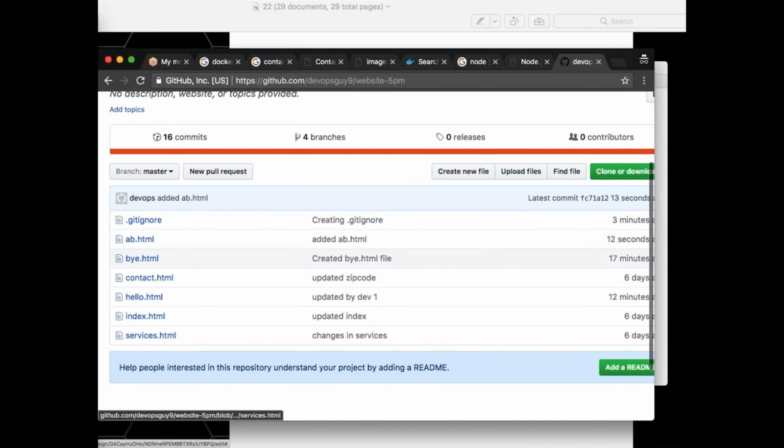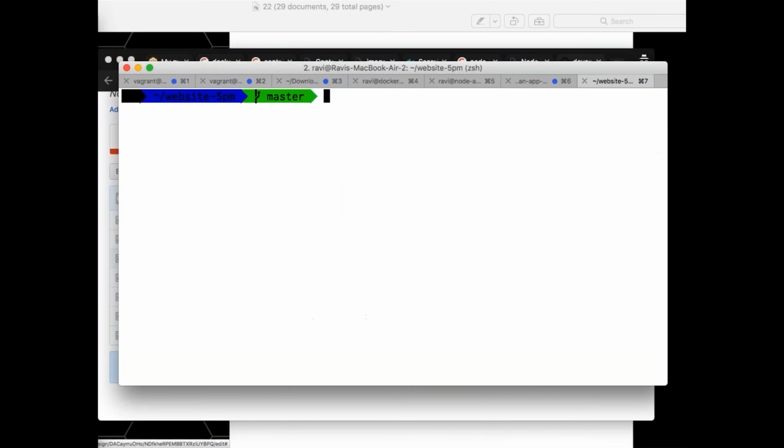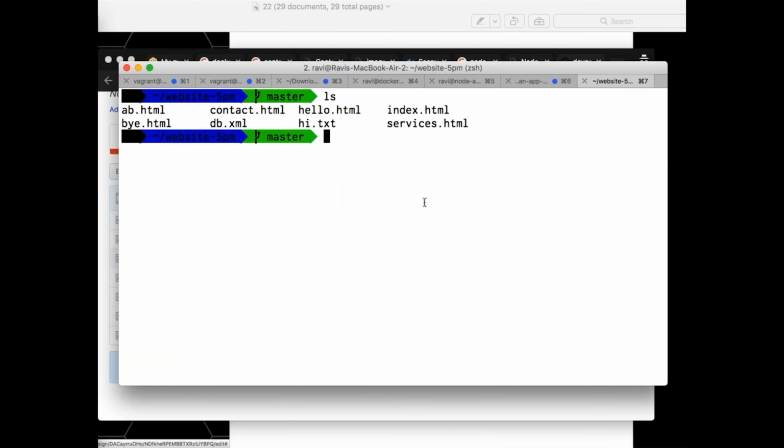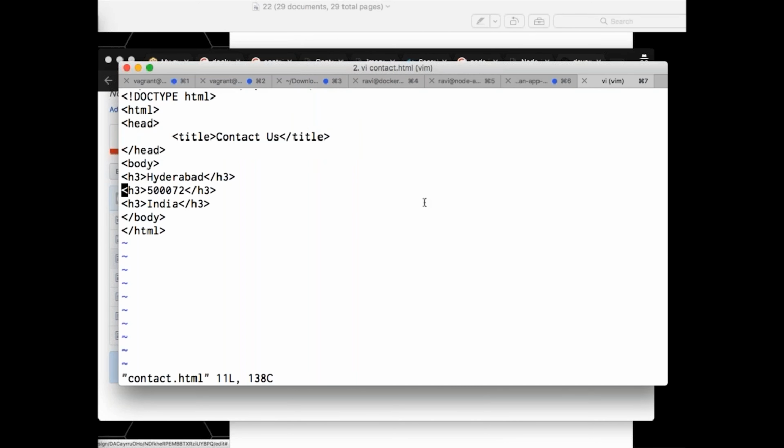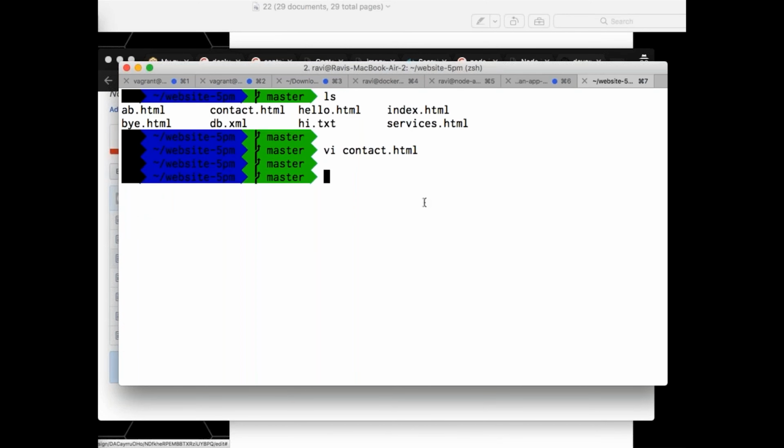Right. Now, there is something I need to talk about, branches. So currently, all right, I'm having these particular files, right? Let's say I'll create a file called, I'll go with this contact file. vi contact.html is there. Right. So what is the current pin here? 572. So let me go into git